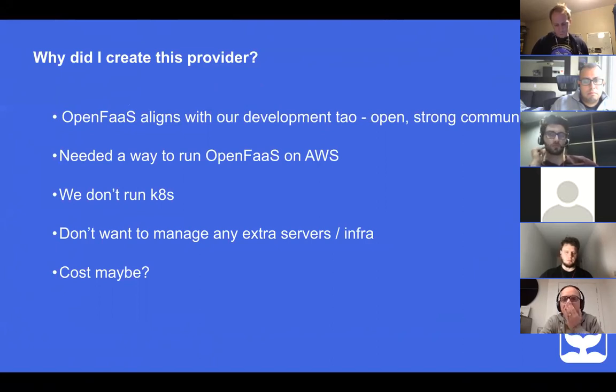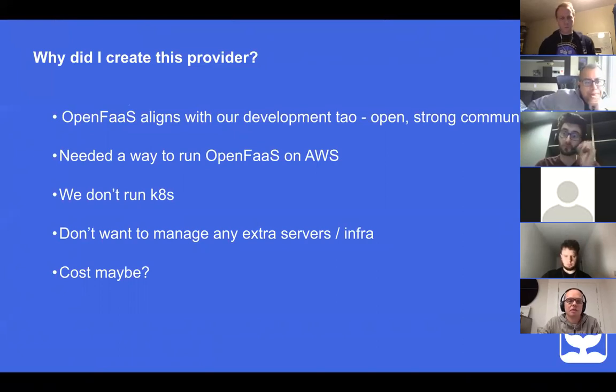So I really wanted to run it for our engineers, but we don't run Kubernetes, and we're not running any schedulers that were currently supported. So I thought, looking at the provider model, it wouldn't be that difficult to get it up and running in AWS. But I also didn't want to run any other servers in our AWS estate. I wanted it to be similar to the cloud functions, so no extra infrastructure to manage. And we wanted to keep the cost to a minimum. So that's why we chose Fargate. And Fargate is a system to run containers on demand.